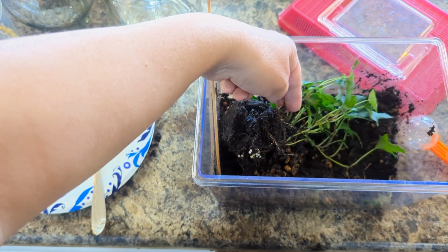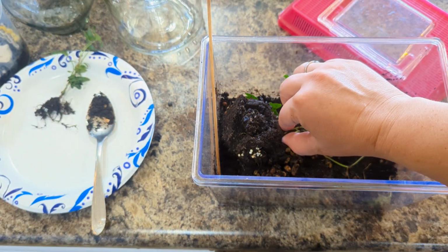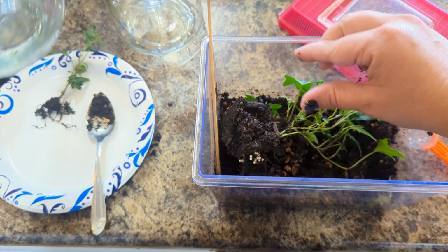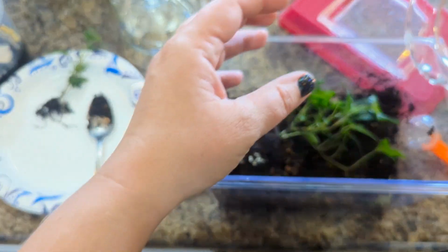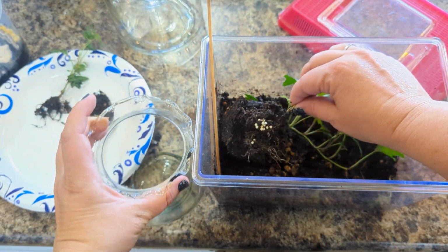So the other type of snails did this too. They laid their eggs at the base of a plant. And it seems that it's probably the healthiest thing for them. So I kind of want to leave them. I'm going to be putting the eggs in this. Very clear. I can see when they hatch. Just regular water. So I think I'm just going to lift this plant